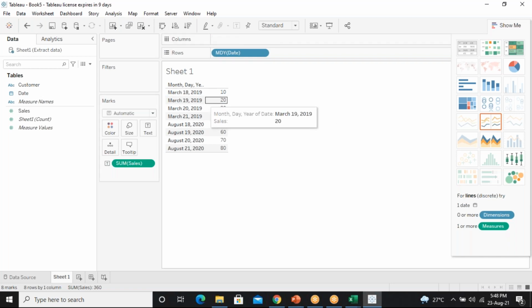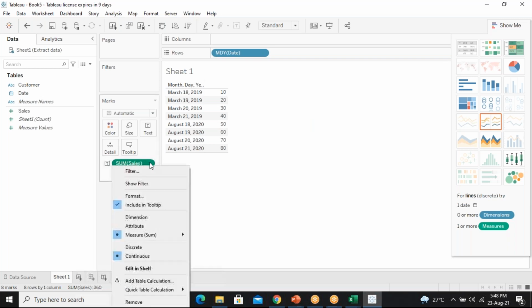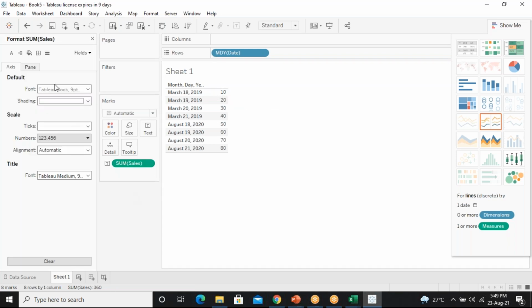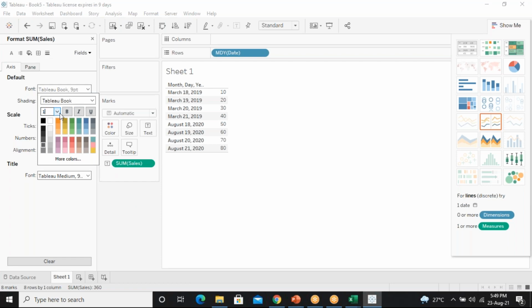I will also make the size bigger so it will be visible. I click here and format the axis size to 14.